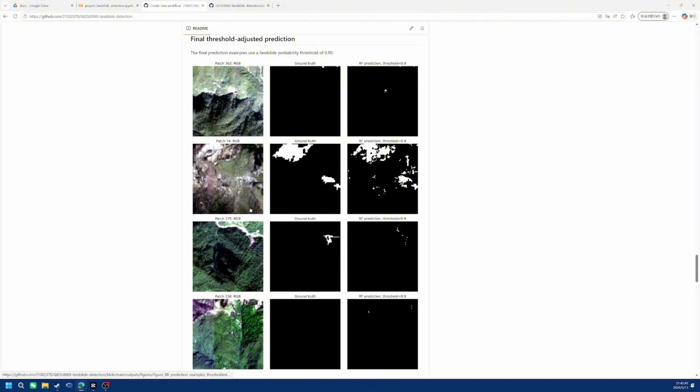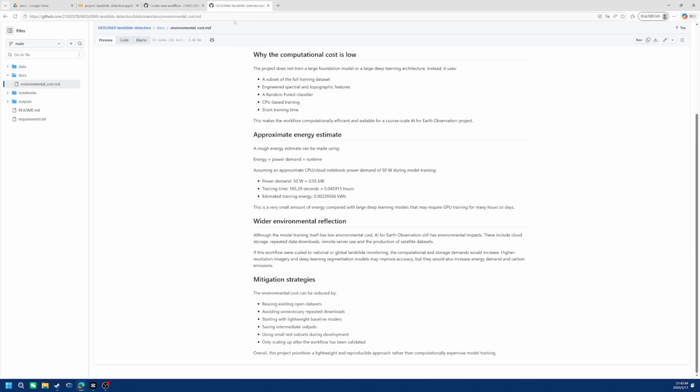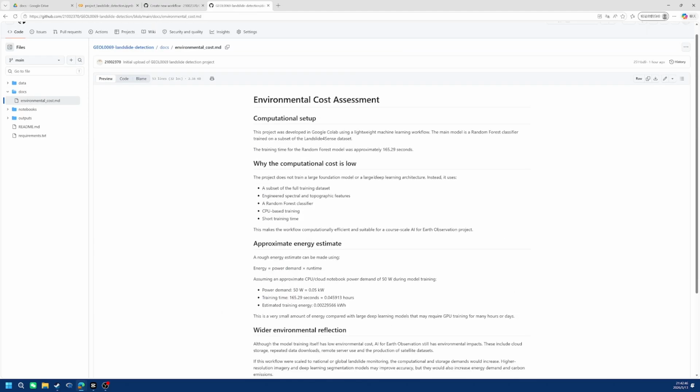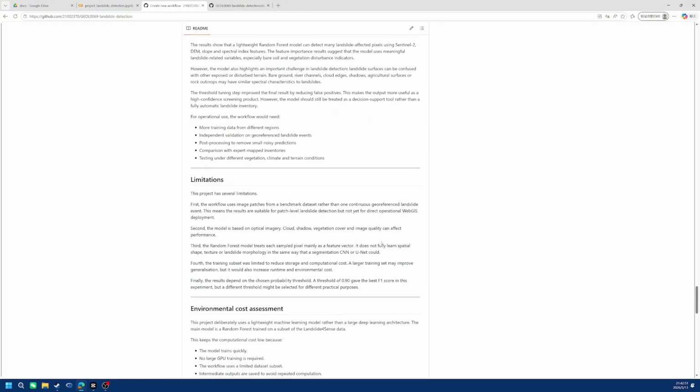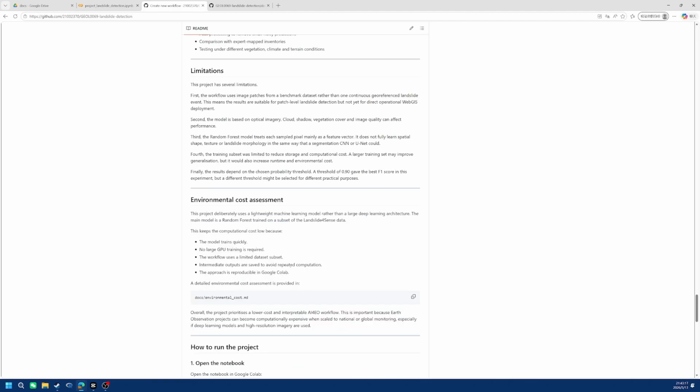There are still several limitations. First, this project uses benchmark image patches rather than one continuous georeferenced landslide event, so it is not yet a full operational WebGIS product. Second, the model is based on optical imagery, so cloud, shadow, vegetation cover, and image quality can affect the result. Third, random forest treats pixels mainly as feature vectors, so it does not fully learn spatial shape or landslide morphology in the same way as a CNN or UNet segmentation model. Finally, the model was trained on a subset of the data to keep the project lightweight, so a larger dataset